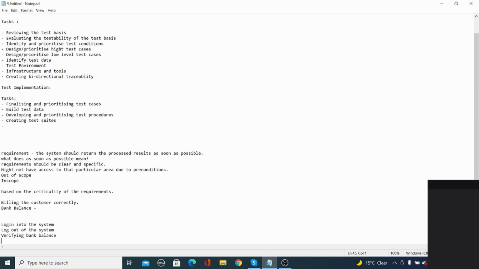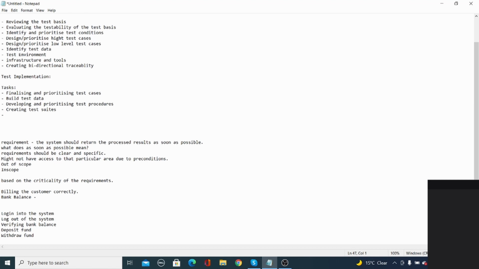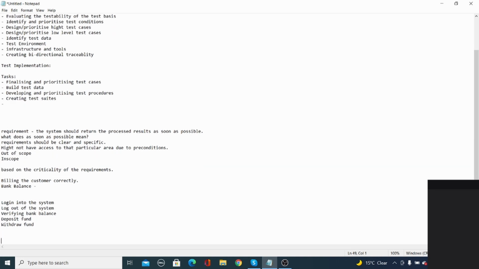So you can say deposit fund, withdraw fund. These five test cases are there. Can you execute these test cases at the same time? Yes, you can execute it. Let's write it down so you can see.